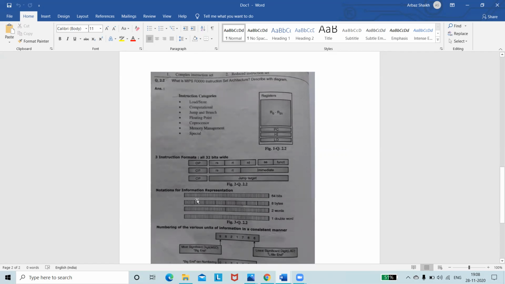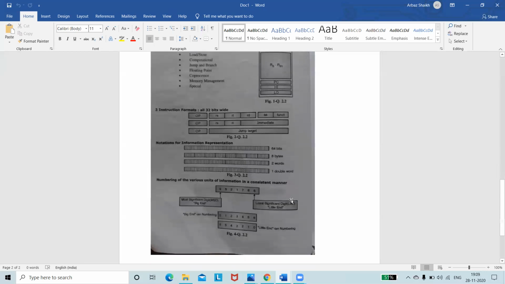After 8 bits it is shown with a dark line, then again 8 bits. So it is 64 bits, then two words, and one double word. These are the notations for